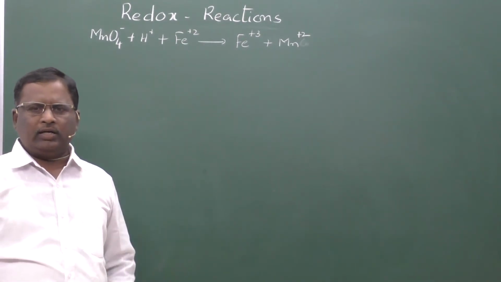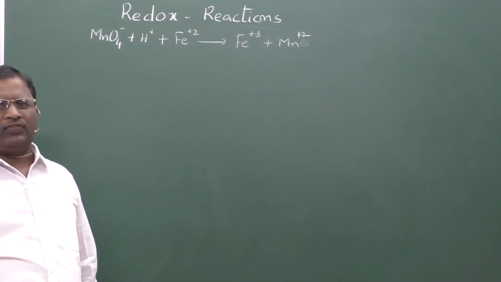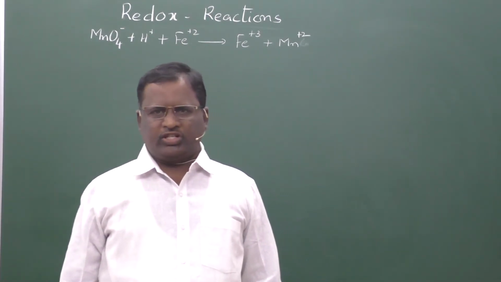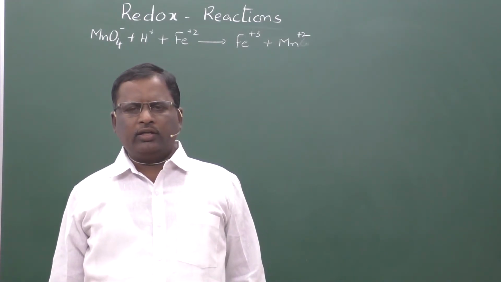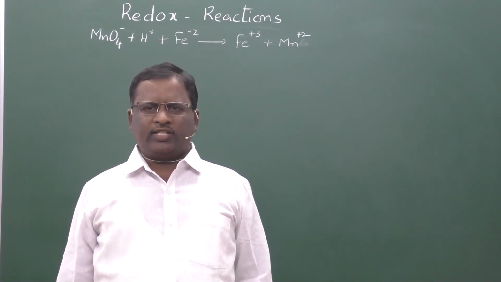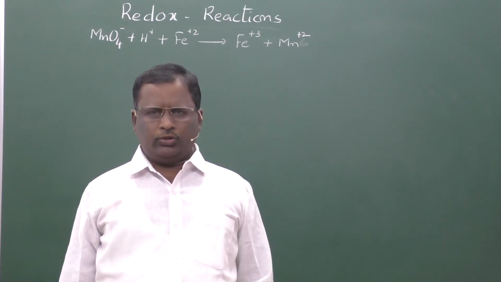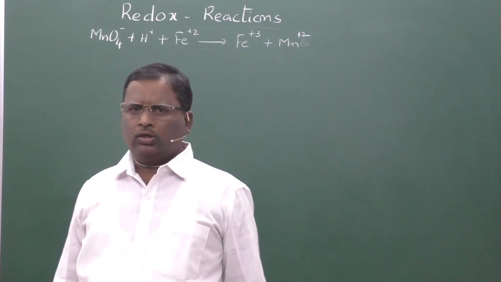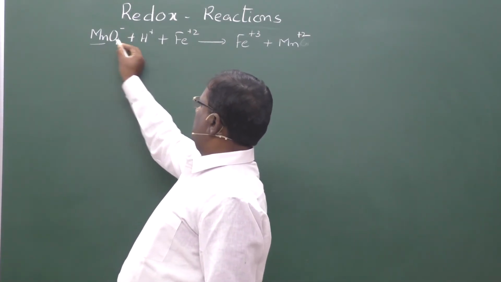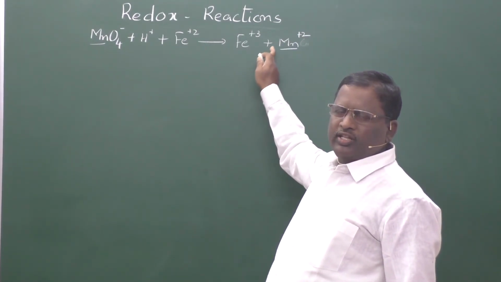Now, in a stepwise manner, let us see how to balance this equation by the half reaction method. In the first step, we have to write down the skeleton equation. Just now we have already written the skeleton equation. That unbalanced equation is said to be a skeleton equation. Now, the second thing is we have to identify which species is oxidized and which species is reduced. For that purpose, you have to observe the ions which are present both on the reactant side and product side. Here we have Mn and here also we have Mn. On the product side, the Mn oxidation state is already mentioned, that is Mn plus 2.